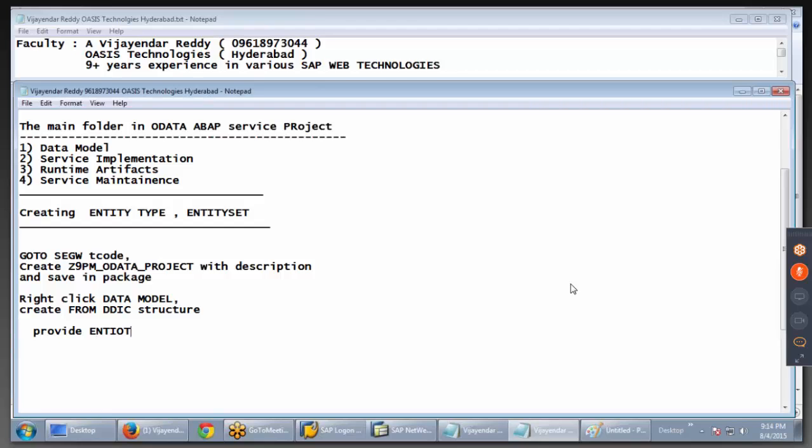So provide entity type equal to EMP. You can provide DDIC structure equal to something like Z user info